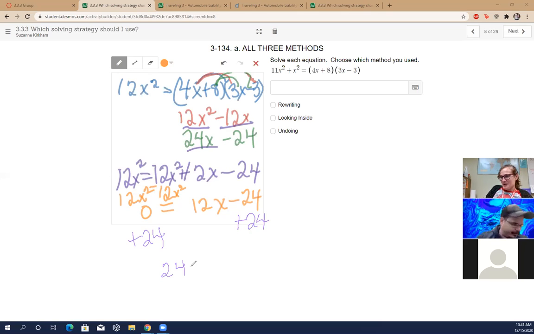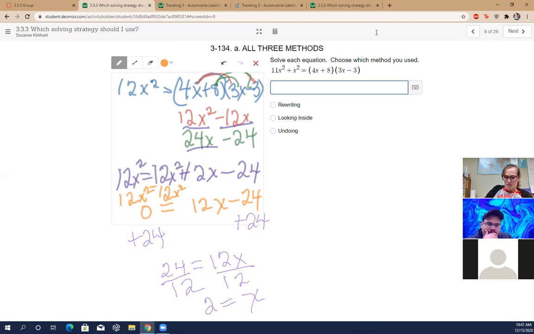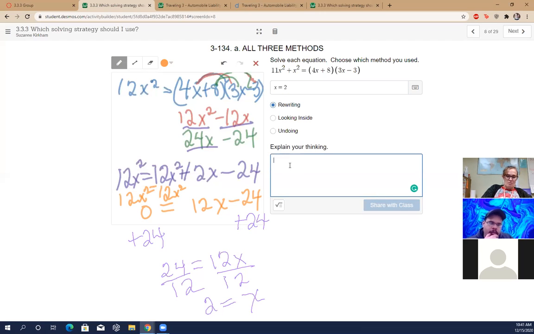Okay, so 24 equals 12x. And now we'll just divide by 12. 24 divided by 12 is 2. So 2 equals x. X equals 2. And we used rewriting. So we multiplied to get rid of the